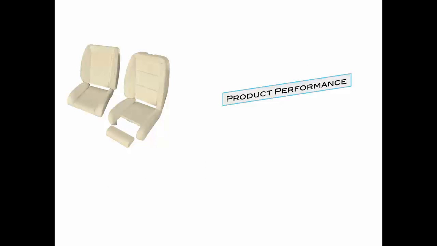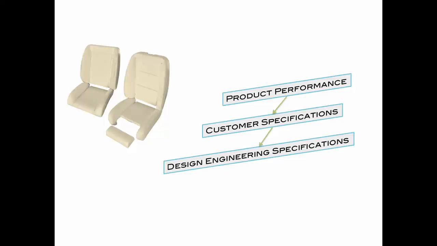The product performance that you require as a customer is then translated into some kind of specifications. The customer specifications are then taken by a design engineer, and for example, let's say one of your characteristics is a comfortable seat. The design engineer will decide what kind of technical specifications will meet your requirement for a comfortable